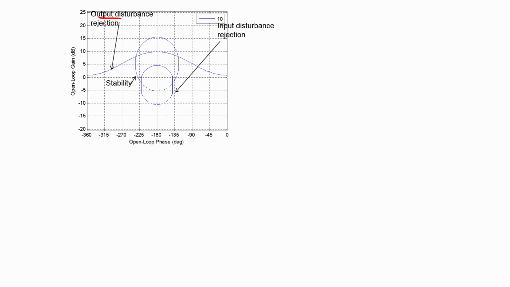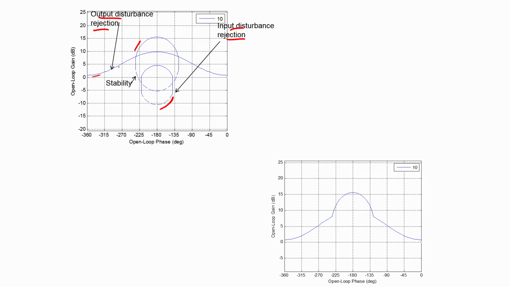been indicated here. The output disturbance rejection bound is given by this blue curve, the input disturbance rejection bound is given by this closed curve, and the stability bound has been given by this other closed curve, and the permissible area within which the loop gain can lie is obtained by first taking the intersection of all these curves, which divides the complex plane once again into 2 parts. The part above this curve is the part where the loop gain can lie, so that the loop gain simultaneously satisfies all the 3 specifications, and the part below it is a part where it should not lie for it to satisfy simultaneously all these specifications.